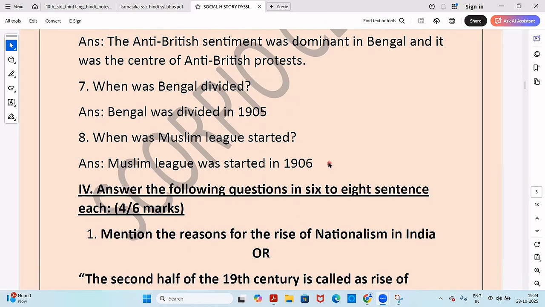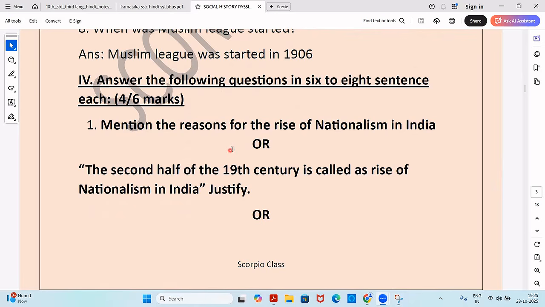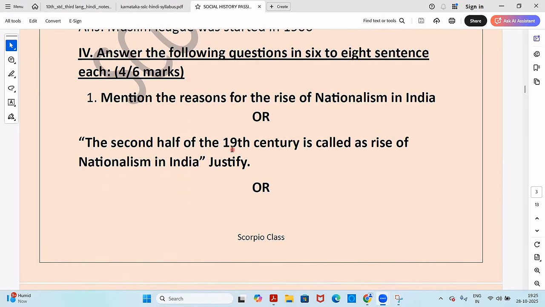Now we move on to long answers. We have to answer the following questions in 6 to 8 sentences. We have 3 questions here which are similar but twisted in different forms. So any way the question is asked, the answer remains the same. Let us look at all the questions and then we'll find the answer for this. So first one,